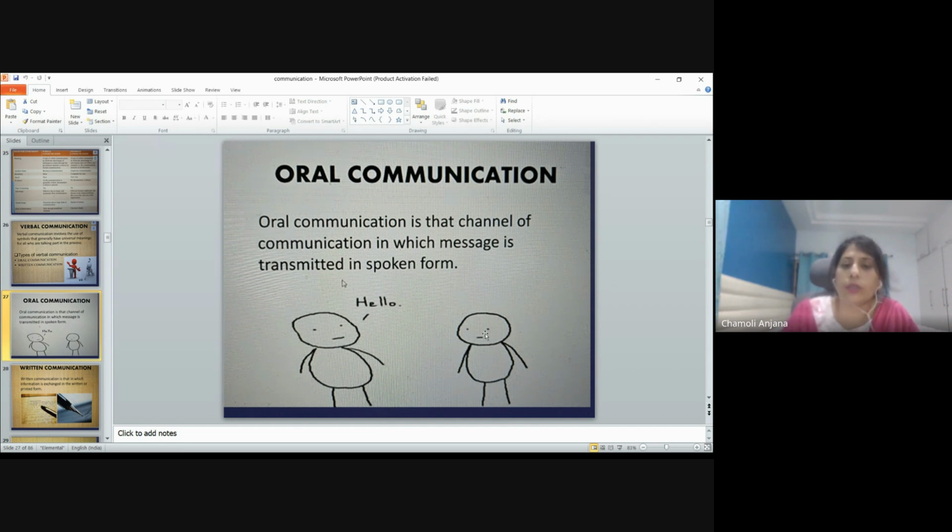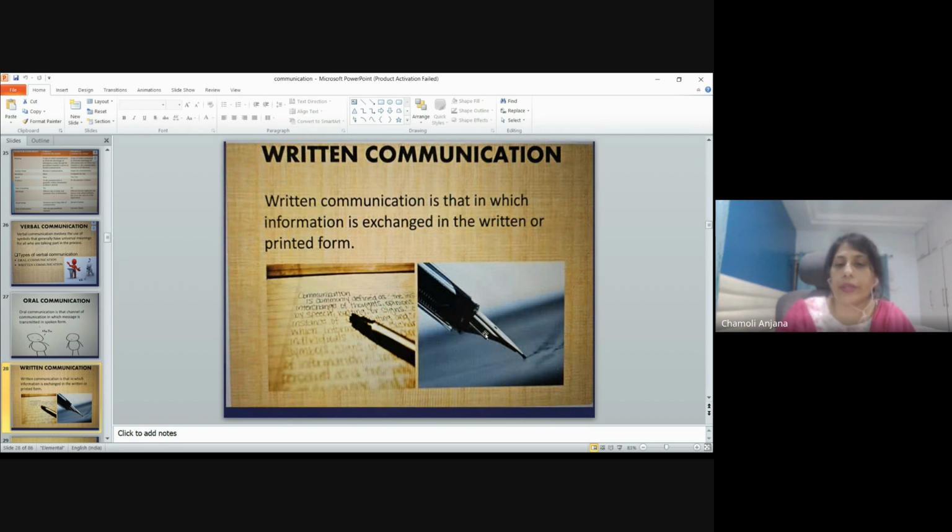So that is the reason oral communication is used for very small and simple information, and for routine or regular tasks, for which you don't need to have a long written format. So for small activities and small routine works, oral communication is the best. But as I said, it depends on the situation and the type of information and messages that the sender will choose whether to use oral communication or written communication.